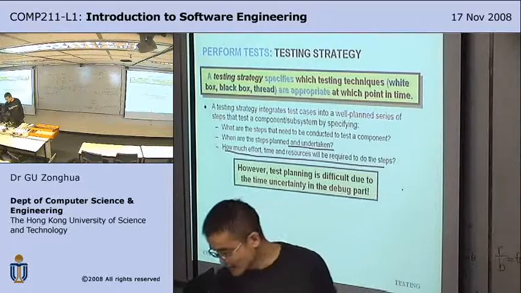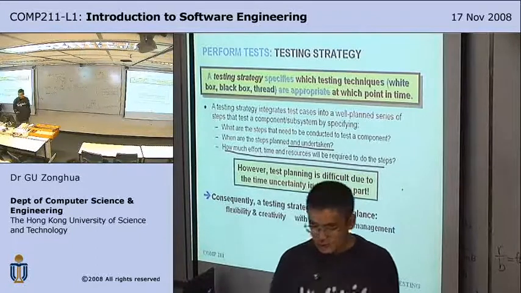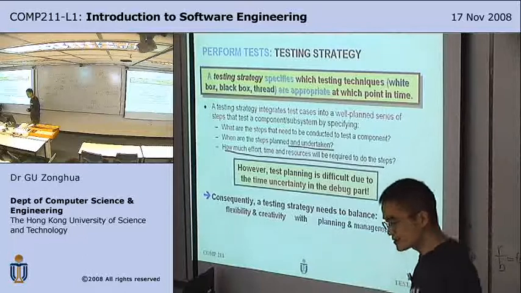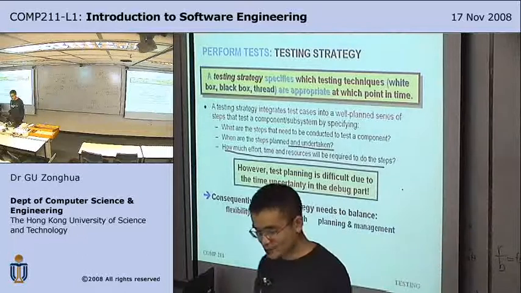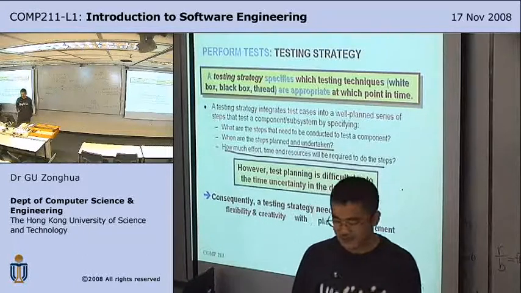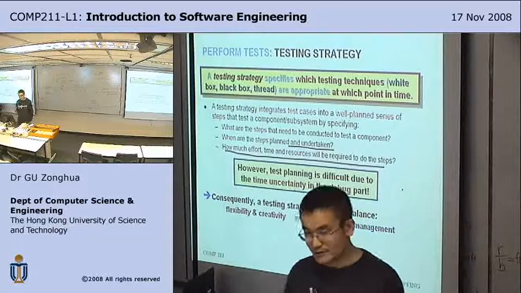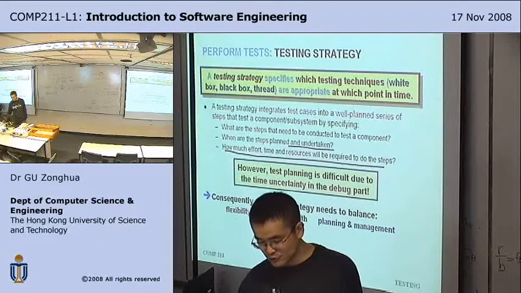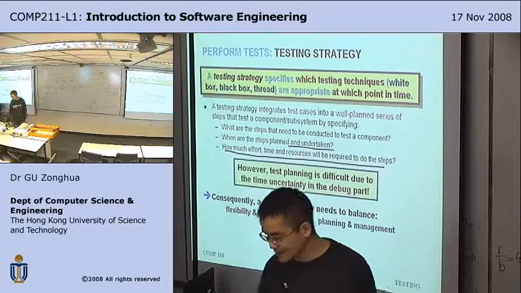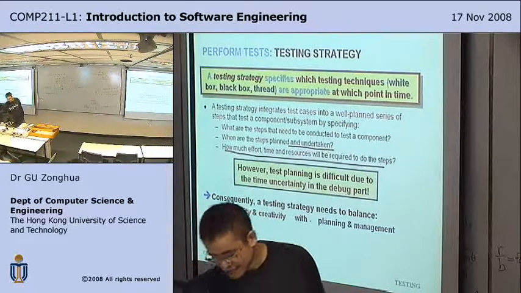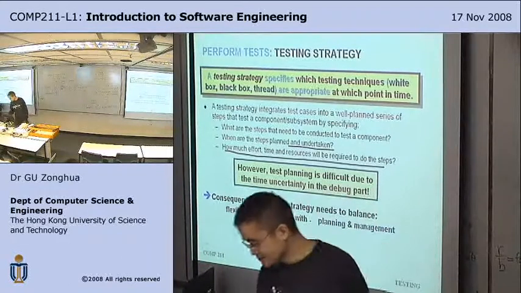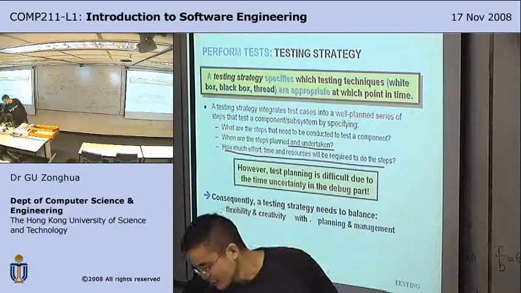So test planning is difficult due to time uncertainty in the debug part. Some bugs are very easy to fix. Some bugs may take you a few days or weeks to fix. So the planning may be hard. So a testing strategy needs to balance flexibility and creativity with planning and management. It should leave enough flexibility in the system so that you don't run into